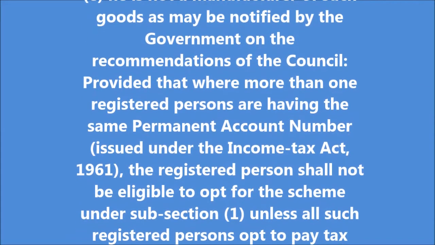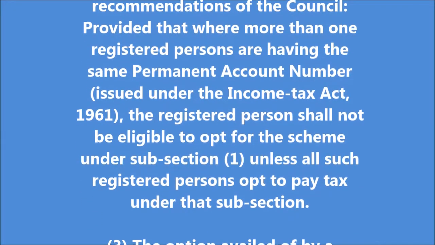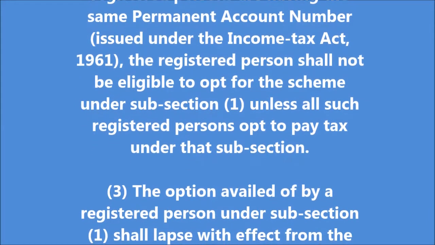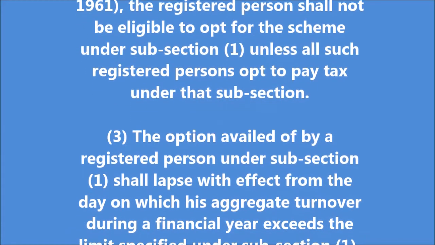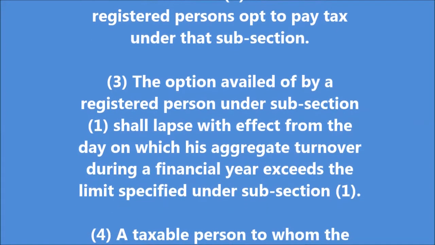d. he is not engaged in making any supply of goods through an electronic commerce operator who is required to collect tax at source under Section 52, and e. he is not a manufacturer of such goods as may be notified by the government on the recommendations of the